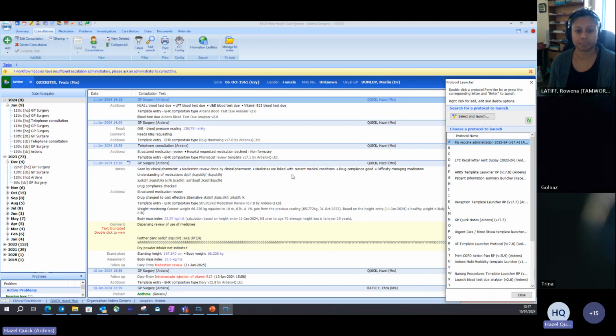Have they got a key code when I need to go and visit them? So lots and lots of different information. It will only show you whatever has been recorded. So again, you add it, you do a right click, you select add, and what you're searching for this time is patient information summary launcher. So when I double click it,